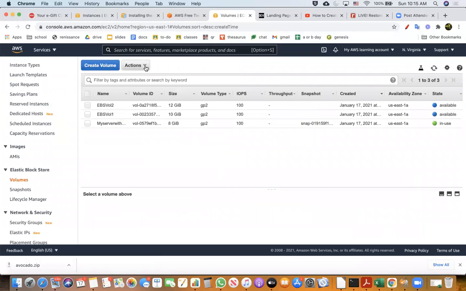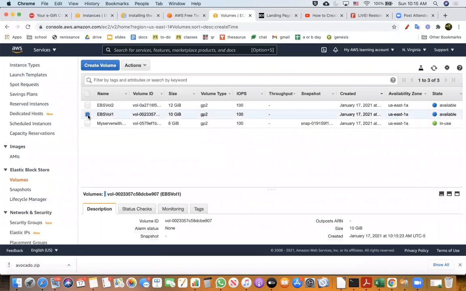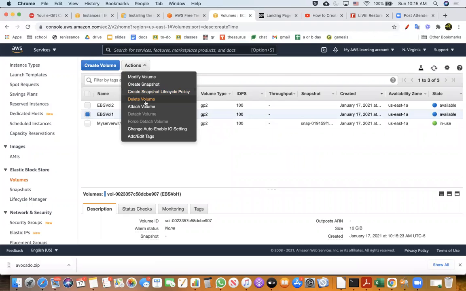So now what I am going to do is attach these two volumes to the server we created. So I'm saying attach volume.